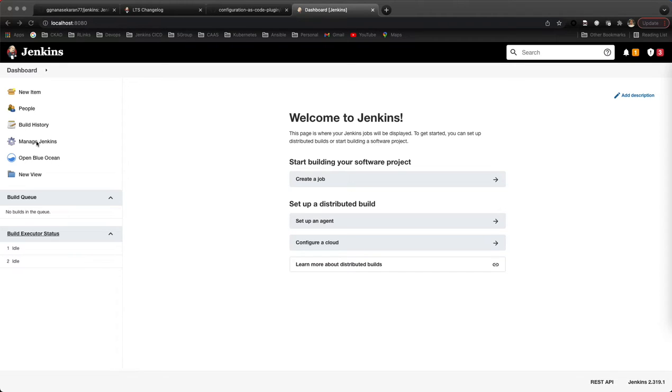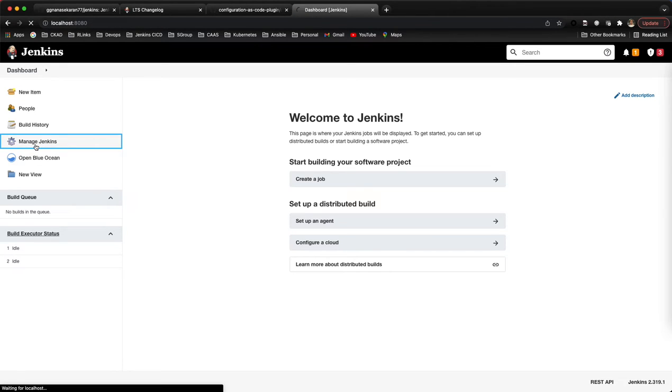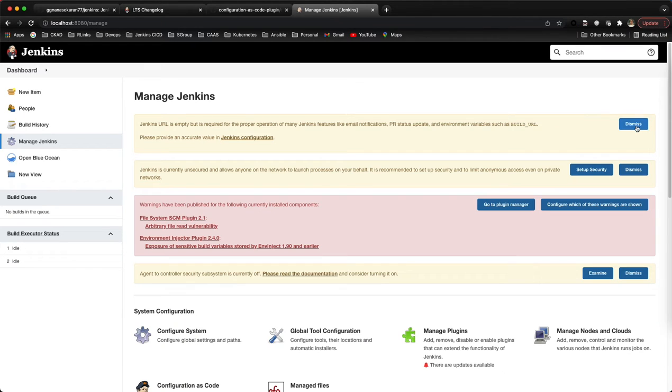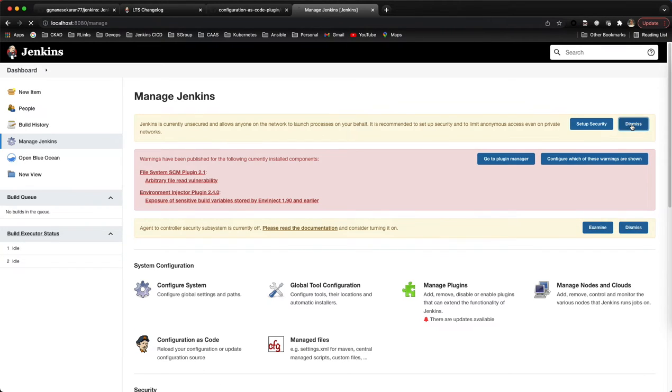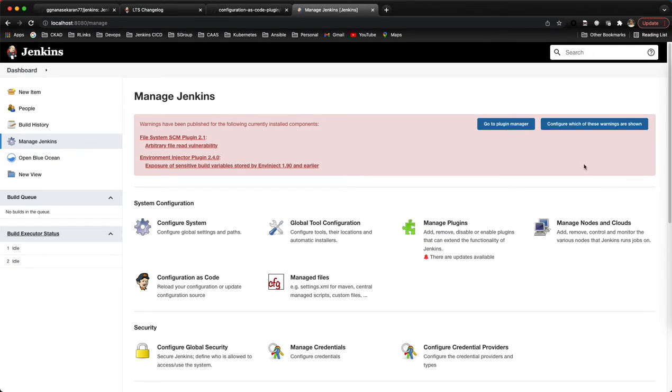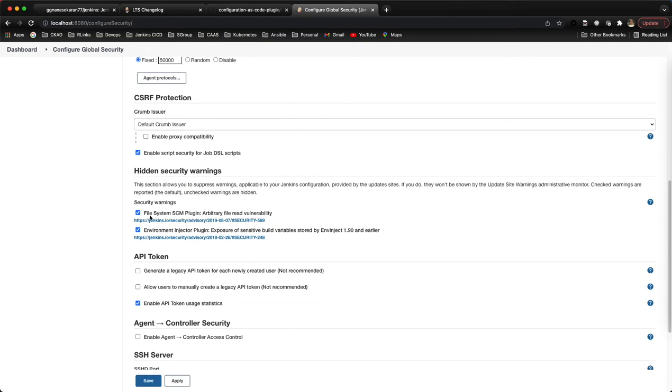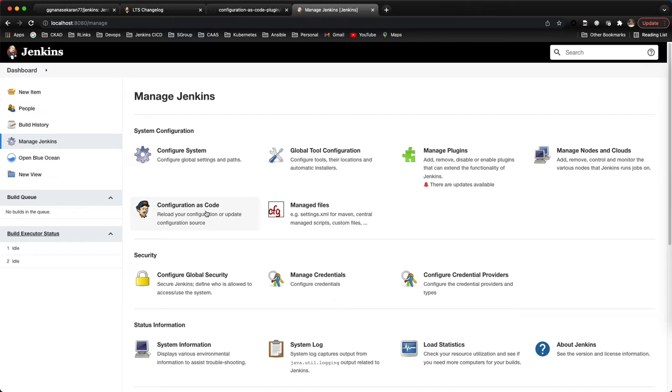So let's go to Manage Jenkins. This shows errors, I think because I recreated the environment, so that's why it's showing again. We can skip these errors.